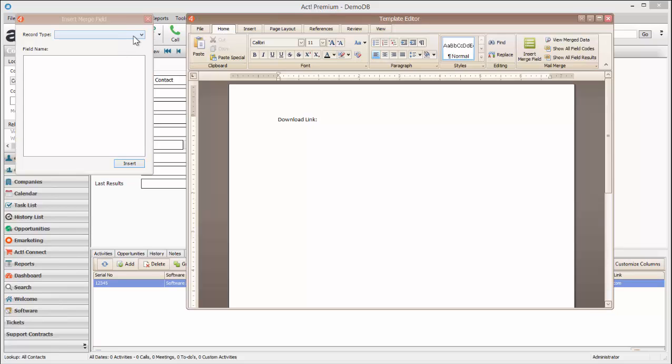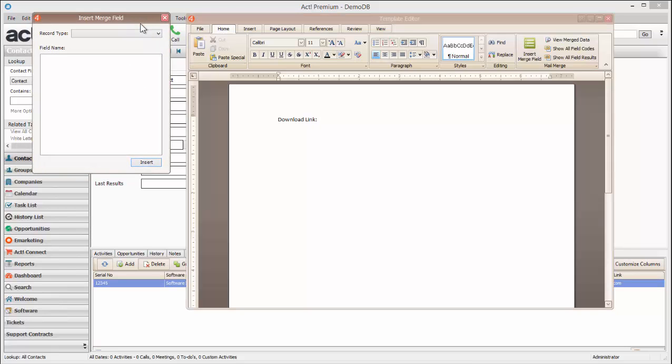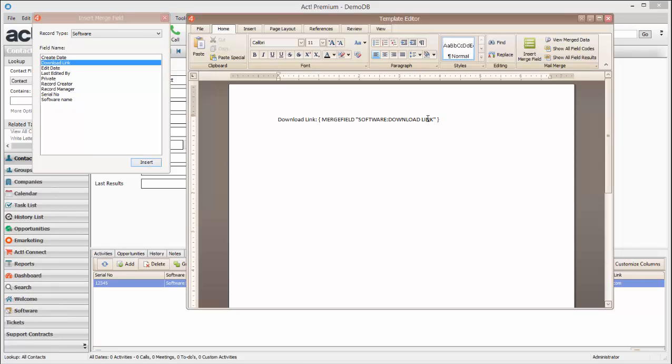So let's just go over to our insert merge field window, select the table that we want to work with. So in this case it's software, and we want to add the download link right after this point in our document. And so we select download link and click insert, and that will add the placeholder in our document. Let's add a couple more. So we'll add serial number, and the same process, add a serial number,